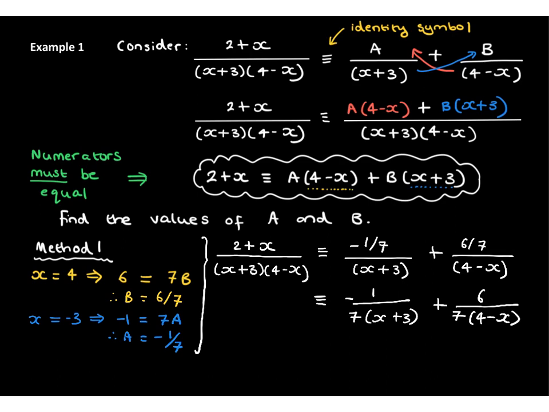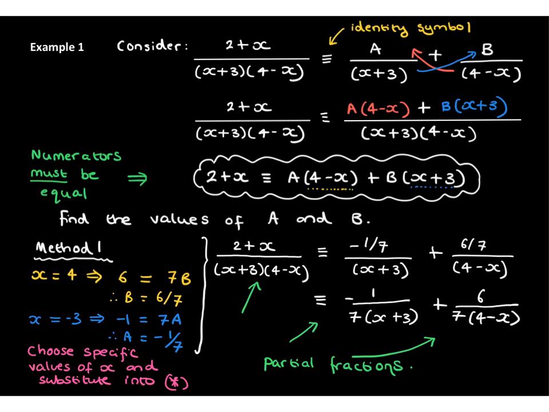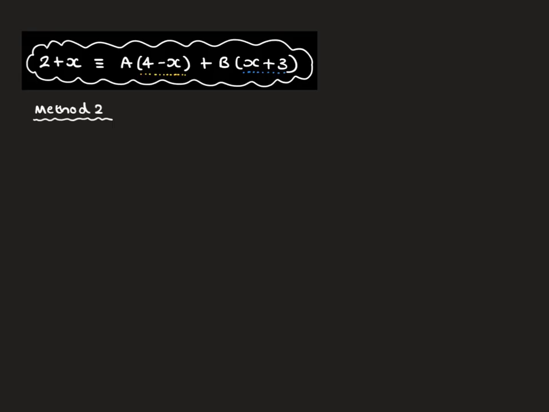Now, what have we done? We have decomposed this original algebraic fraction into its constituent partial fractions. And we have done this via method 1, which allowed us to choose a value of x and substitute it into the identity. So we're now going to have a look at a second method which will allow us to find the values of a and b. Now, this method involves doing something called comparing coefficients, and you have